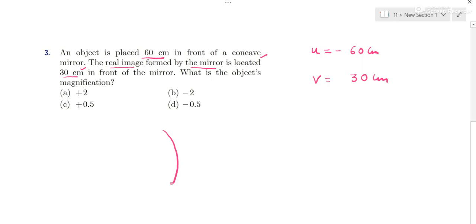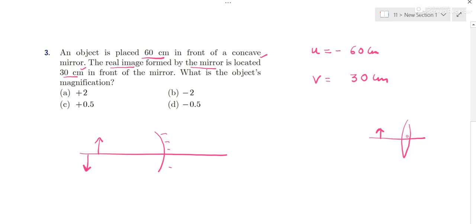See, okay, we don't have to understand actually. They are simply asking, okay, anyways, we should know at least. Okay. So real image would be formed here in front of the mirror. In lenses, real image is formed this side, real and inverted. Okay, and in mirrors, real image is formed this side, so it will be negative.